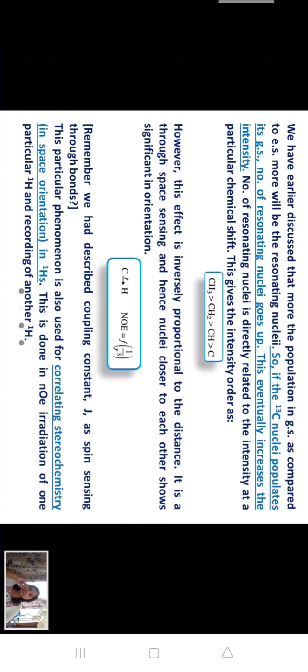Okay. So mostly the quaternary carbon, suppose a carbon of a ketone, C double bond O, with two alkyl groups attached to the carbon, like the carbon in cyclohexanone. So these ketones typically come around 170, 180 ppm. So you will see that that particular peak is the smallest in the entire sequence.